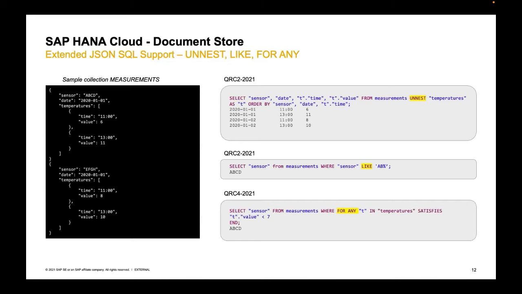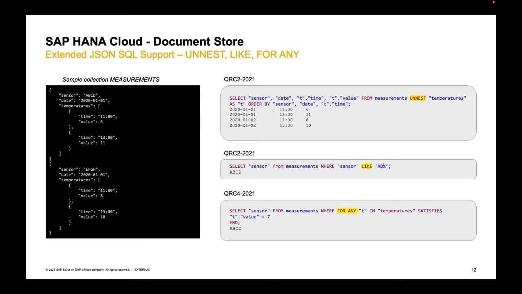One is for the temperature, where you have multiple values at different times, and you also have different dates. And what you can do is unnest these arrays to have a list of rows that you can further process